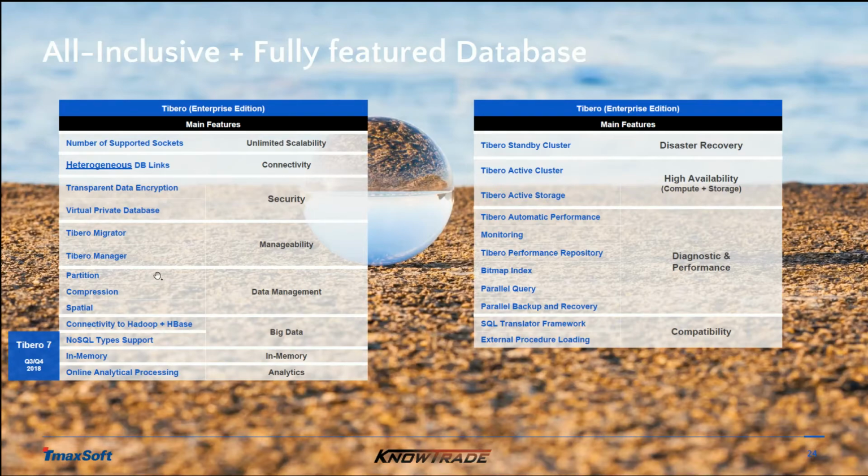In the case of partitioning, you can imagine that it's all there. Hash partitioning, interval, range, list, it's all there. Compression is also much simpler to implement. Spatial is fully compatible, and you can see the connectivity with big data. It has the connectivity we mentioned before, and in-memory functionalities are coming, even if they were already there with Tibero